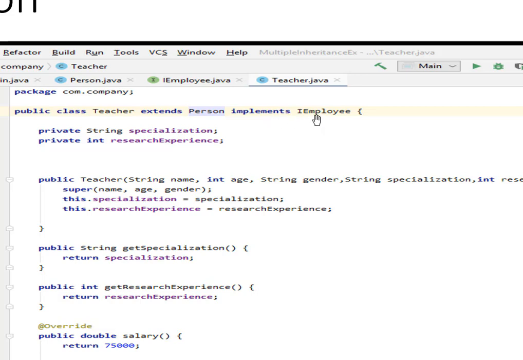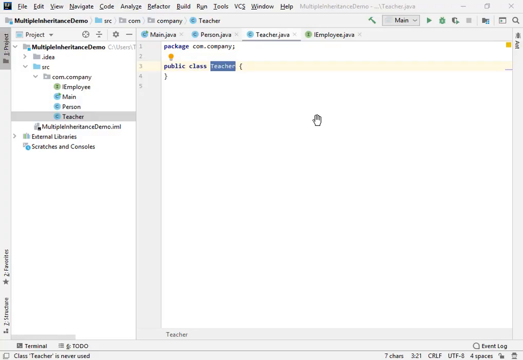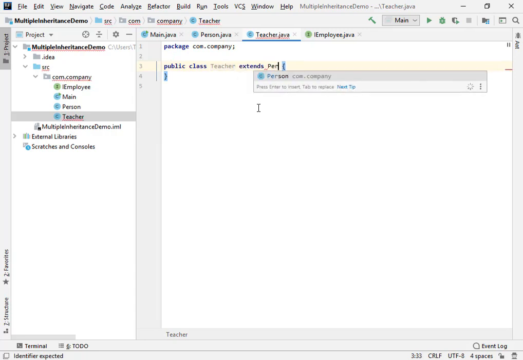When you implement any interface, you are signing a contract with the class, and the rule of that particular contract is to override or implement all the methods which are available in the particular interface. So now I'm going to extend, first of all, from the person class.